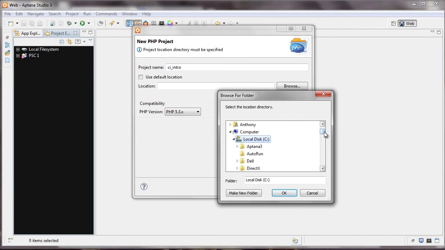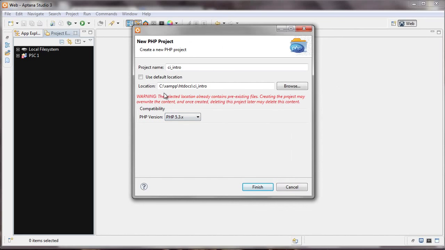So we have C, and I'm going to go to XAMPP, and I'm going to click on htdocs, and this is what we had here, CI intro. I'm going to select that. We've got it selected here, click OK, and it's going to give me a warning that it's going to overwrite pre-existing files, but actually it doesn't do this, but it's going to add in a few files of its own, which sort of connects those files to Aptana here. So we're going to click Finish here,